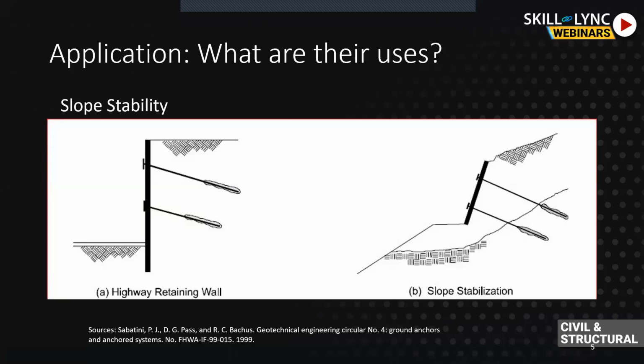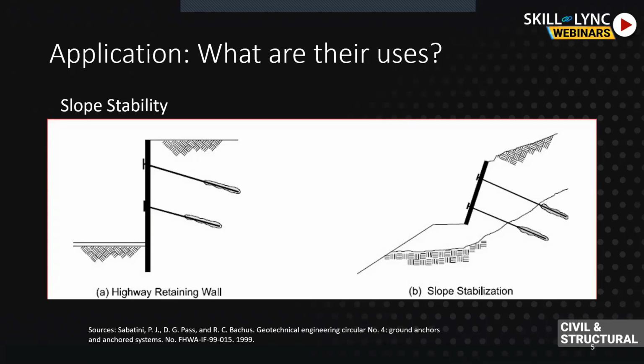So anchors are used only for applying tension, and that tension enhancement can give rise to highway retaining walls and slope stabilization. If you have seen a cut highway, let's say there is a big rock, and you have seen in some movie or YouTube video where they cut a whole rock or a whole mountain and then build the road. There they require some kind of retaining mechanism because they don't want the rocks to fall on the road, and that's why they use these anchors with the retaining walls to hold the retaining walls in place. We need these anchors.